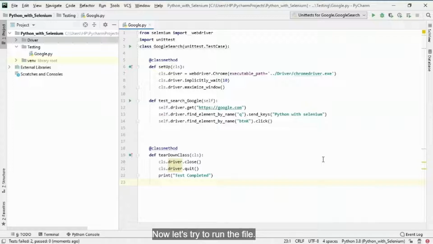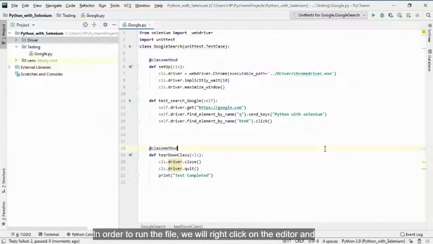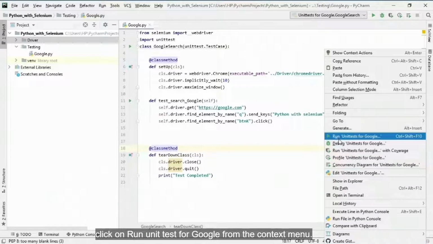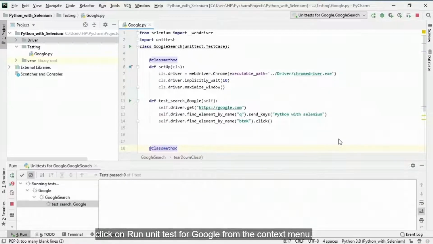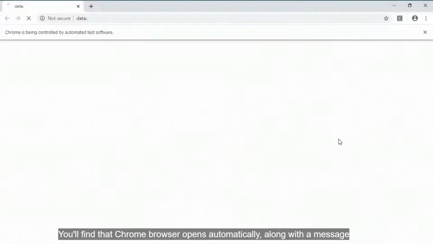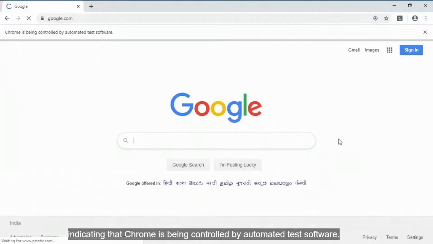Now let's try to run the file. In order to run the file, we will right-click on the editor and click on Run Unittest for Google from the context menu. You'll find that the Chrome browser opens automatically, along with a message indicating that Chrome is being controlled by automated test software. Now, after a couple of seconds, you'll find that the Google web page is loaded and